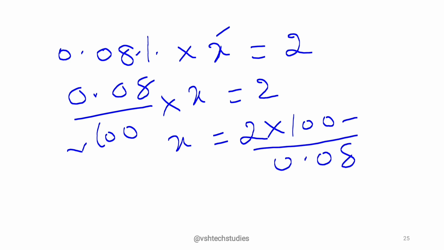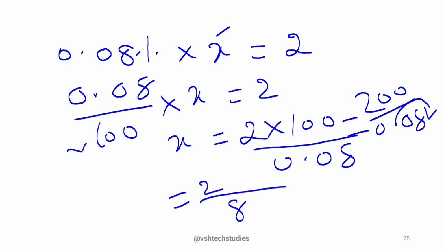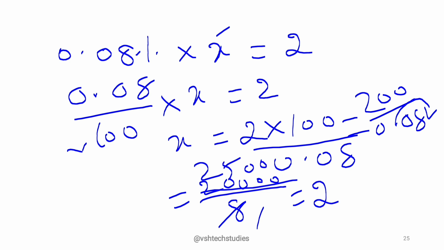We have to simplify this: 200 upon 0.08. Here, moving by 2 decimals, 2 extra zeros will have to be given. So 20,000 upon 8. 8 ones are 8, 8 twos are 16, 4 is left, 4 0, 8 fives are 40, 2 zeros. So 2,500. So he has examined